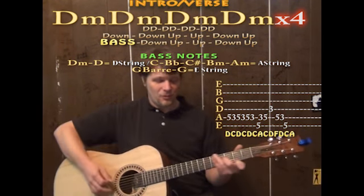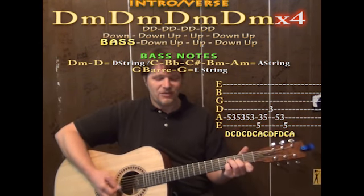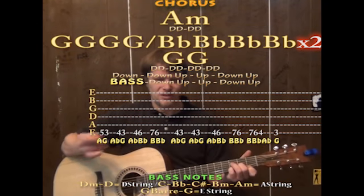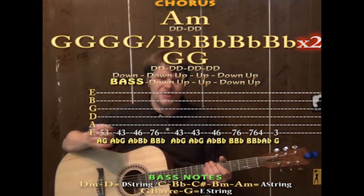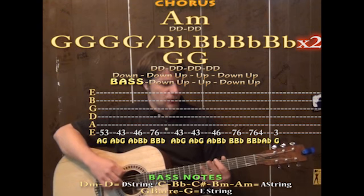And we'll basically just be repeating that or working that lick around the D minor until we get to our chorus part. On our chorus part, there's this really cool hit, actually, and it's really all about this lick. It starts out with this really cool lick on the E string, where you could play 5th fret